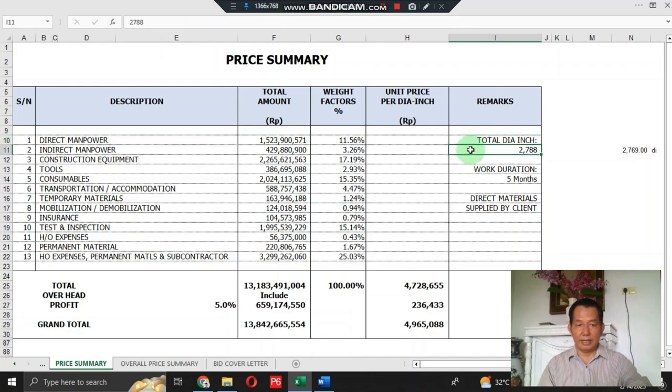Total die-in for this pipeline works is 2,788 die-in, and the work duration for this pipeline work is 5 months. This is reinforcement works, okay, and direct material in this case is supplied by the client, okay, and this template consists of